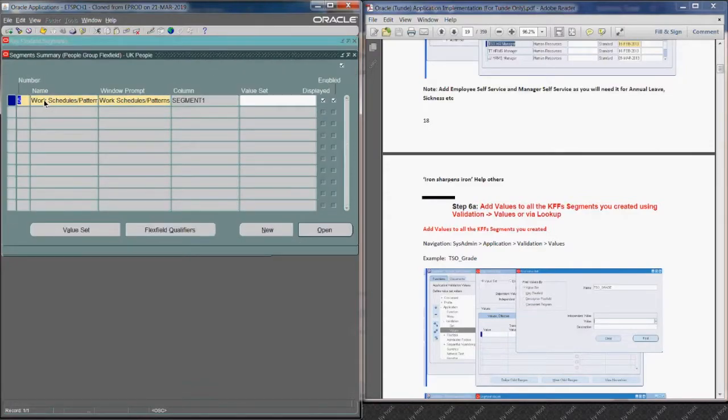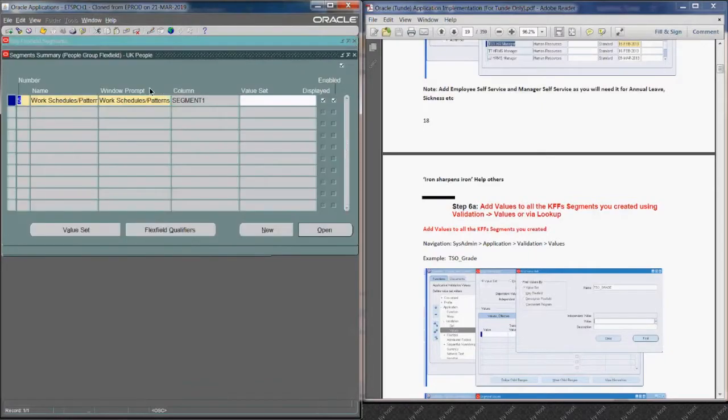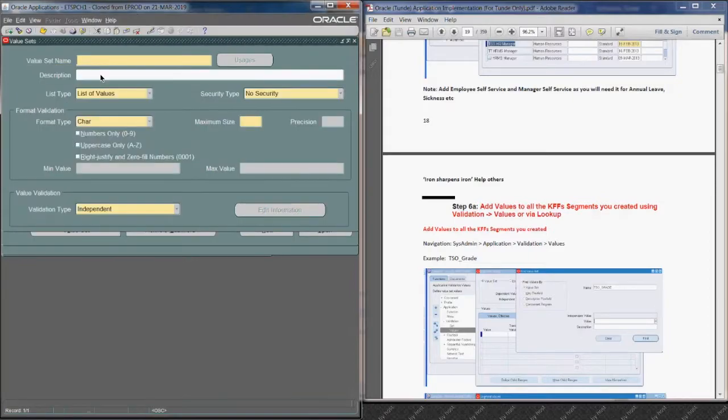I just added work schedule and pattern. So then you just go to value sets. Actually, I can just copy what I did here. So go to value sets. To make it easy for easy identification, we can just say people, just for easy identification. So work schedule, work pattern, here will be a combination of